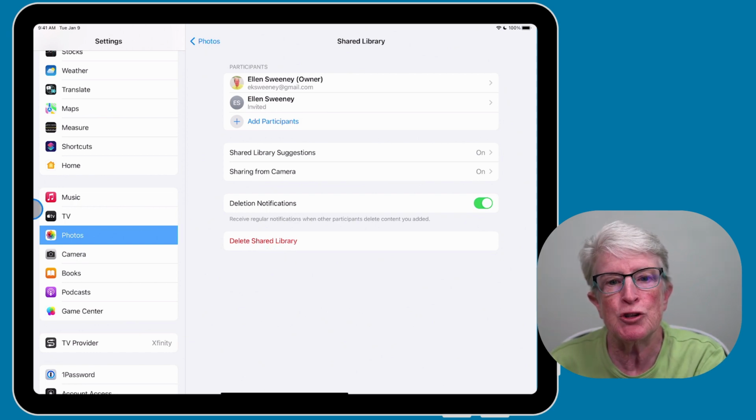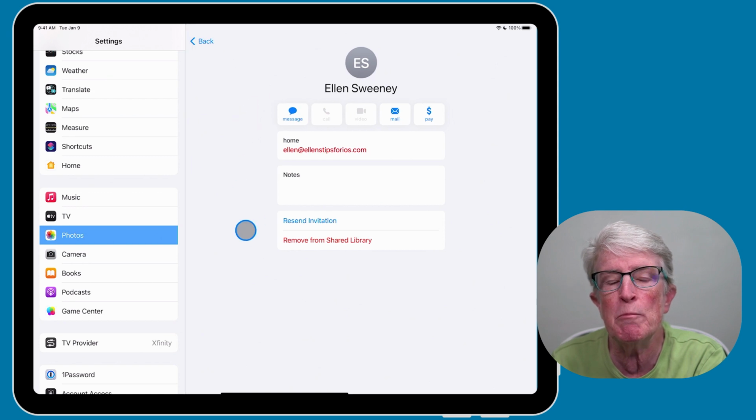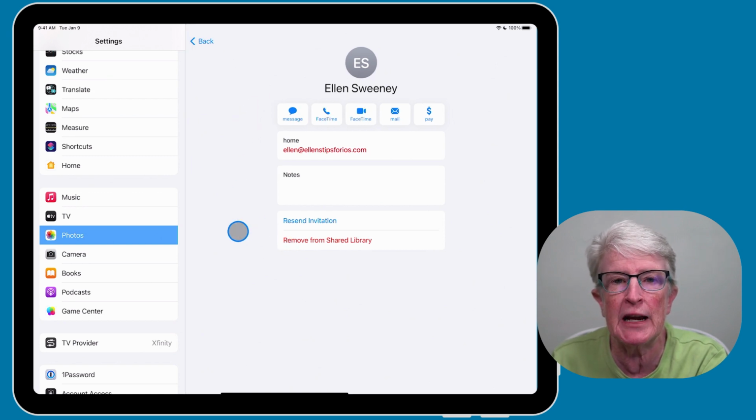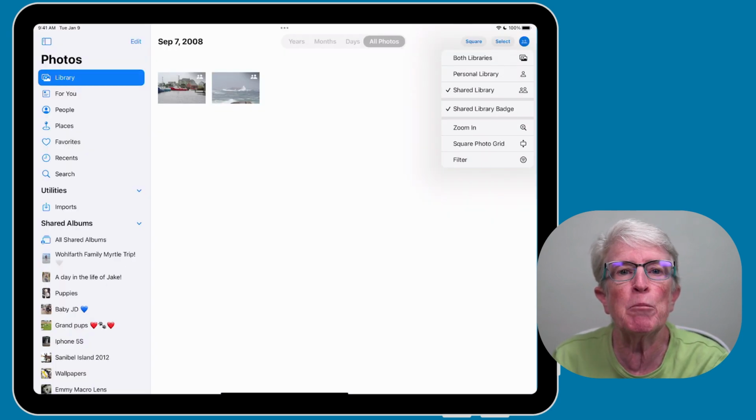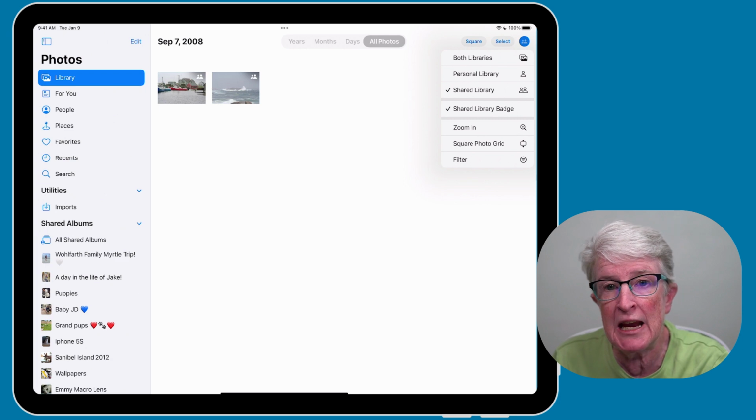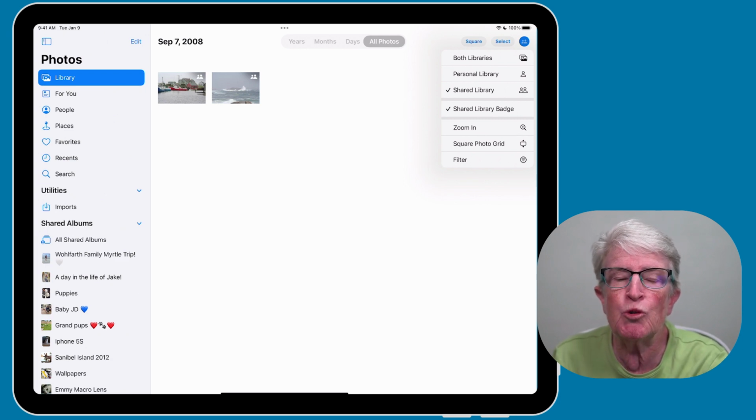One more thing that I should mention while we're in here is that you also have the option to delete people. So if I select that, you can remove people from the shared library as well. Anyone who participates in the shared library can upload their entire library of photos and videos, allowing both people to have the same images on their device. If duplicates appear, the built-in duplicates feature will detect the extra images and allow you to remove them. However, they will not be removed automatically.